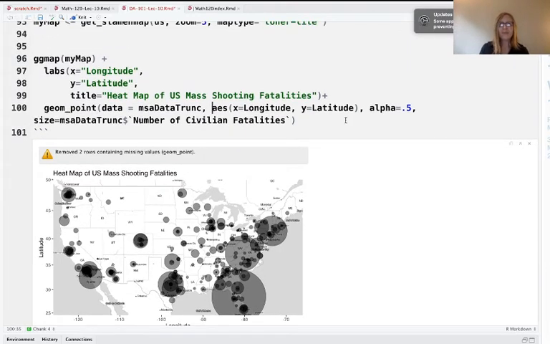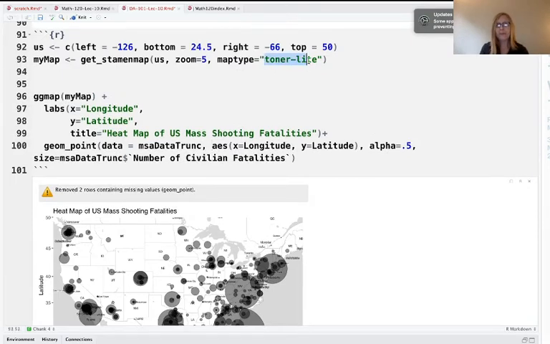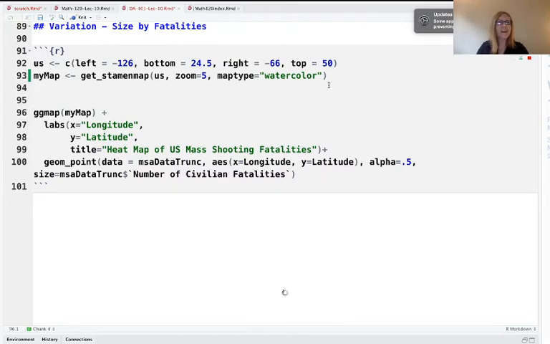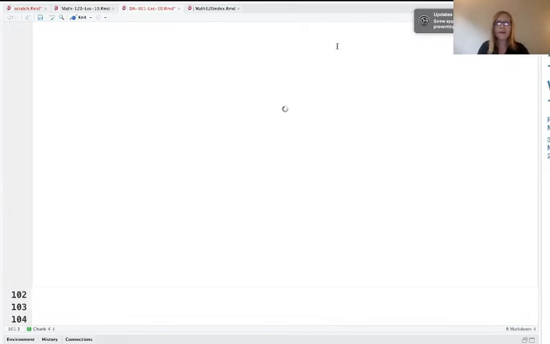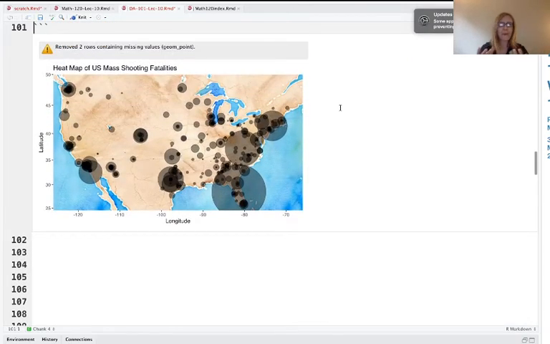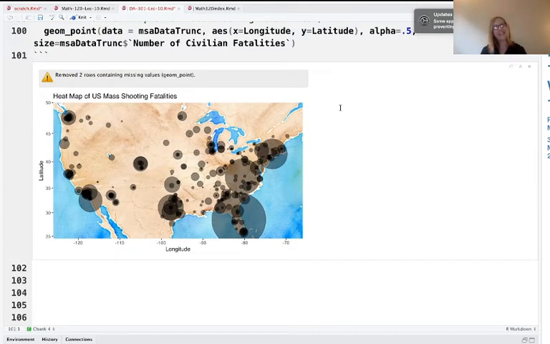One thing I wanted to do before we move on, I just want to show you different map types. I mentioned earlier that there are different map types available, and I want to show you watercolor because it's cool. Let's do a watercolor map. I'm going to do this exact same map that I just did, except this one, you can see it's downloading that stuff. This one's going to be watercolor. And ooh, looks cool, right? Maybe it doesn't have as much useful information in terms of states and roads and things like that. But perhaps if you wanted your visualization to have an artistic impact, this could be a better map type. So that's one option that you might think about